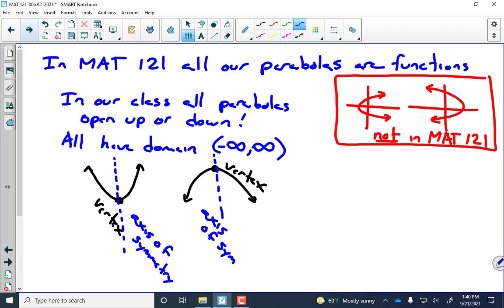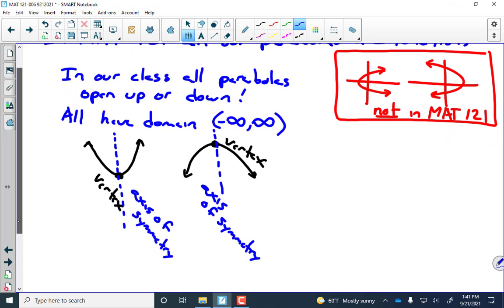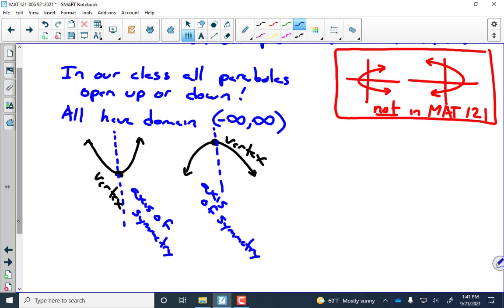It might not seem like a big deal now. The axis of symmetry is actually pretty helpful. All of them have domain negative infinity to infinity. They all go left forever, and they all go right forever, and more importantly, what that means is you can plug in any x value you want and get a y value. However,